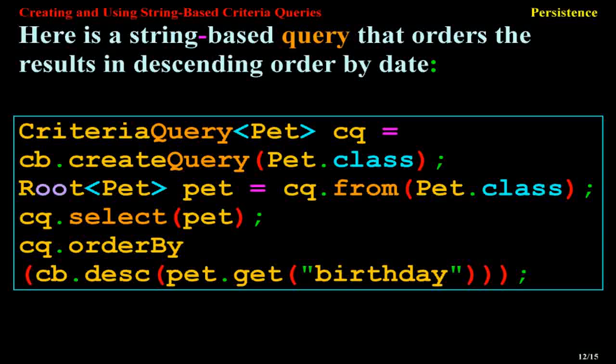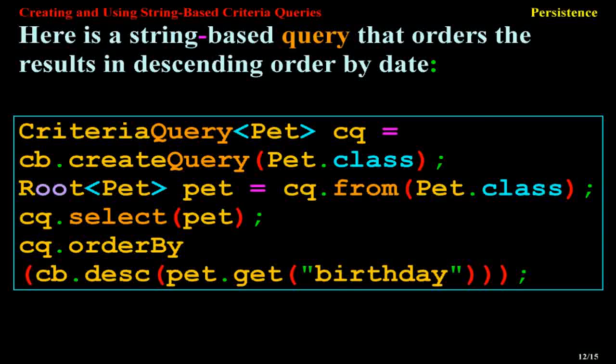CriteriaQuery<Pet> cq = cb.createQuery(Pet.class); Root<Pet> pet = cq.from(Pet.class); cq.select(pet); cq.orderBy(cb.desc(pet.get("birthday")));